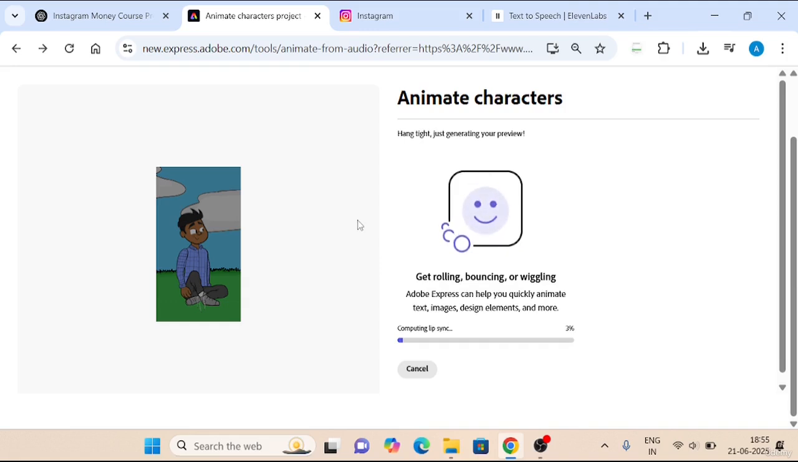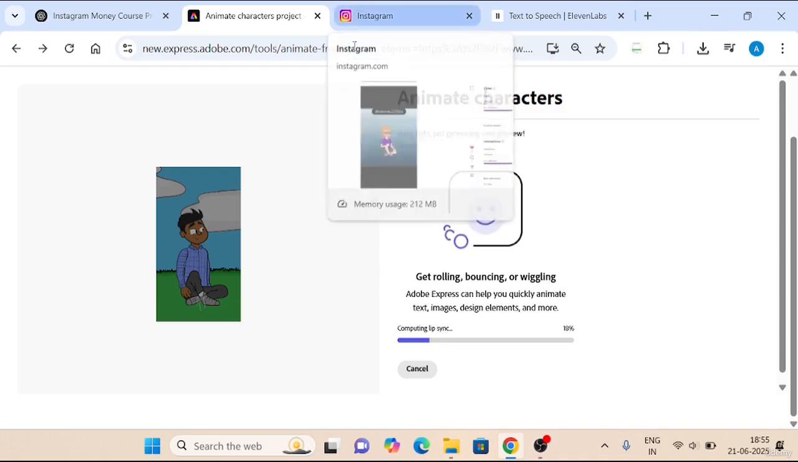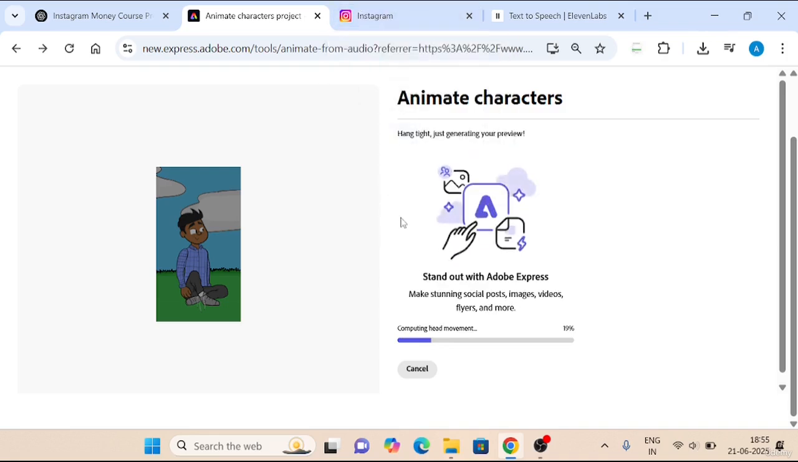So the main problem is, guys, once your preview is being generated and it will go to other screens, it will not be in full speed, it will be stuck. So make sure you be on the same page while you